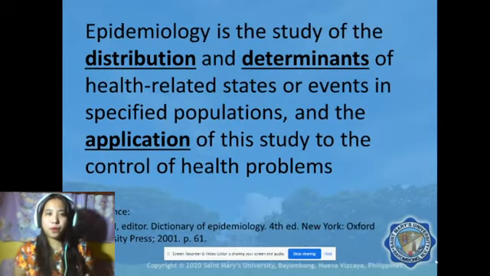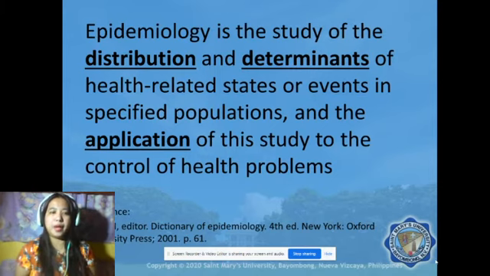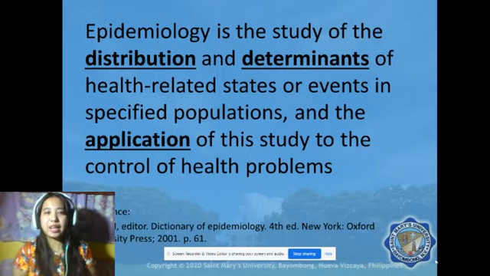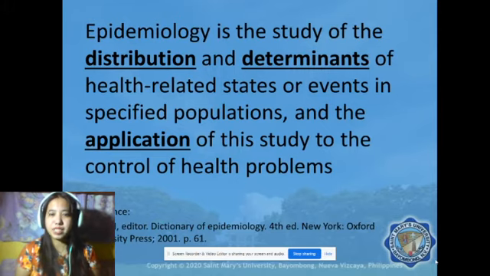There are a lot of definitions that we can find about epidemiology, but I consider this one from Last and JM. Epidemiology is the study of distribution and determinants of health-related states or events in a specified population and the application of this study to the control of health problems. As you can see in this definition, I highlighted the three important terminologies: distribution, determinants, and